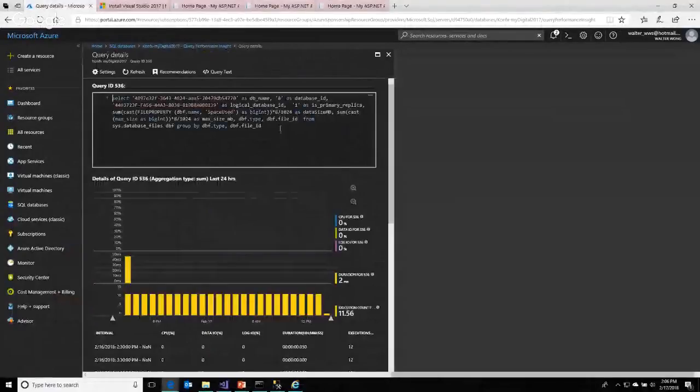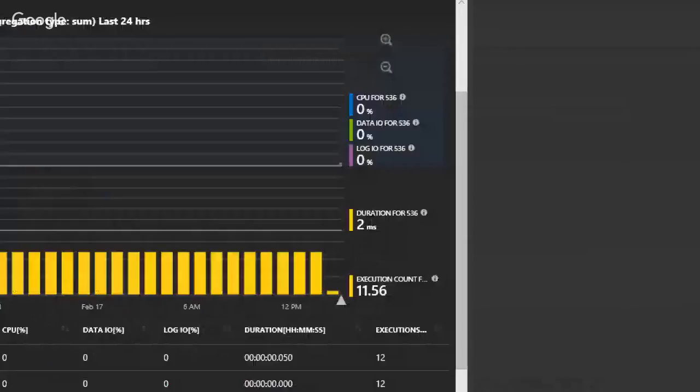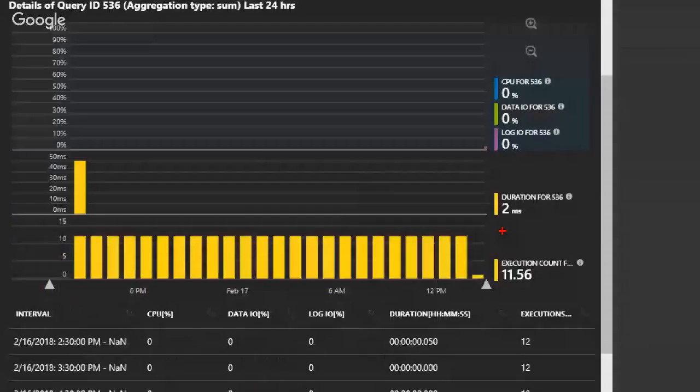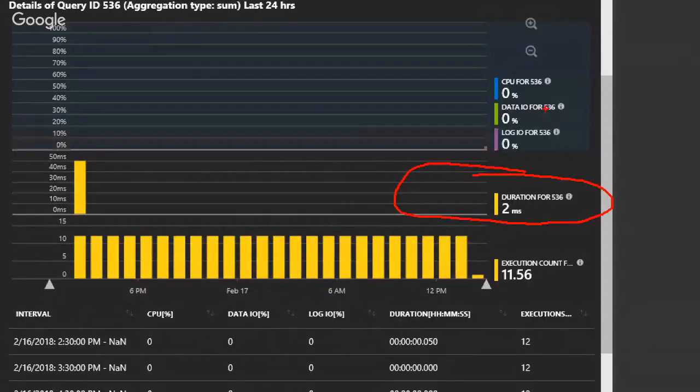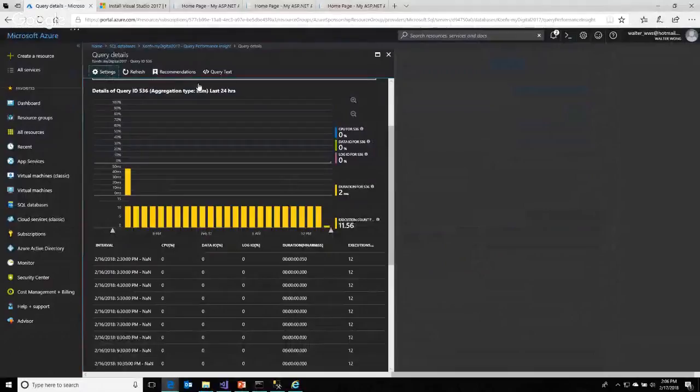Because I'm running something like this, it's causing a lot of usage. There is a breakdown of the execution times. The duration is about 2 milliseconds, because for a database, we expect something a lot faster, right? So there is some very, very interesting information here. But because this has been set to the last 24 hours, I don't really have a lot of things for you, right?